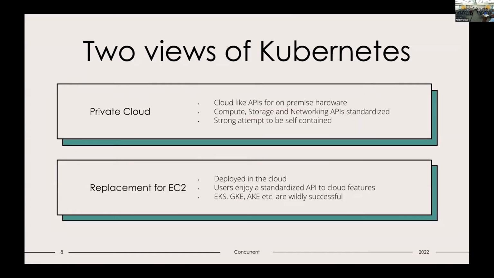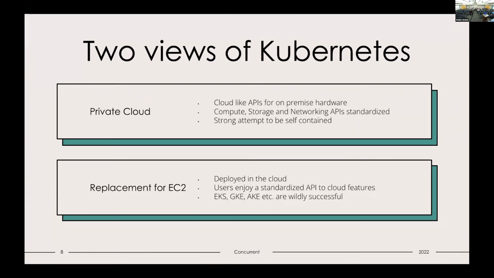So I'll finish with one final thought, right? When Kubernetes first came out years and years ago, it was seen as a cloud for the on-prem folks. On-prem hardware, racks of hardware, easy to consume almost like a cloud basis. That was wildly successful. But of late, what we are finding is that Kubernetes has become a replacement for things